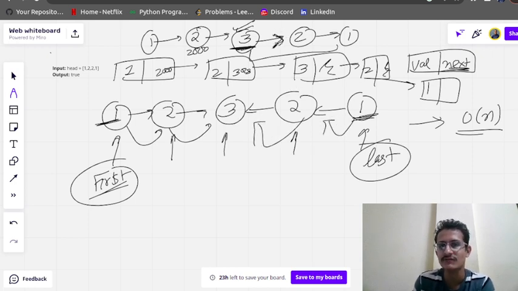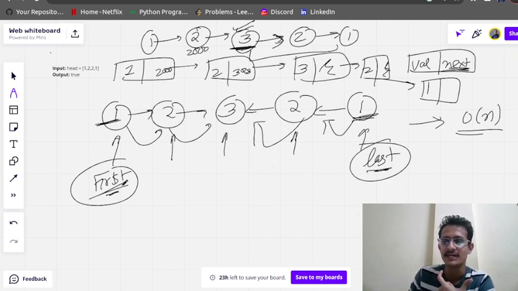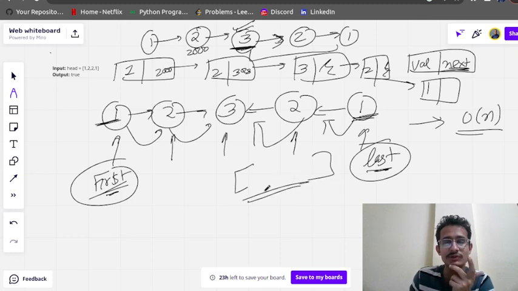Earlier the connection was from left to right, but as we reverse the linked list, now we have connection from right to left. So we can traverse and check if the elements are equal or not. Traversal will become easier, and here we are not going to use any extra space, in terms of a linked list or array.